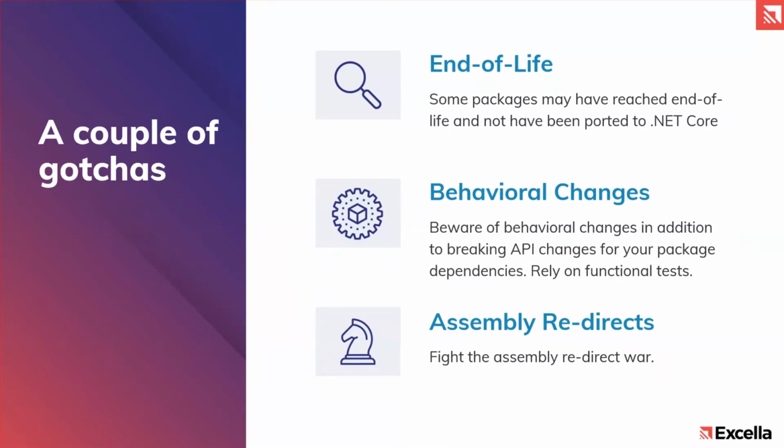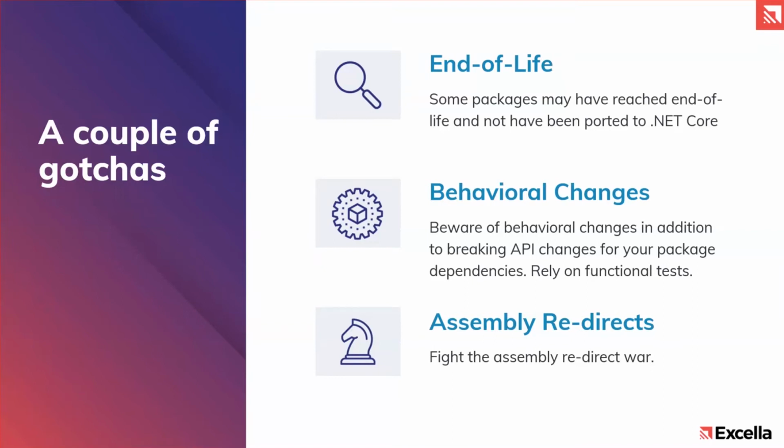All right. So when it comes to package dependency updates as a whole, there are a couple of gotchas that we run into quite a bit that you will also run into, and you have to think about how you want to deal with them. The first one is that your packages may actually be reaching end of life. So they may work great for .NET Framework, but the community does not want to continue working on them in .NET Core. So they have no support in .NET Core, and the maintainer may have just left or whatever, which is completely normal. That's just open source as it is, right?